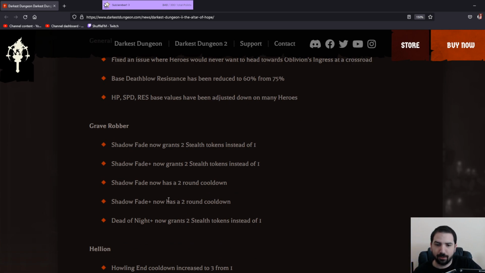Grave Robber, Shadow Fade Plus. Both give 2 stealth tokens instead of 1. Shadow Fade now has a 2-round cooldown. This is so you can't be permanently invincible in stealth against an enemy. We've all seen the Darkest Dungeon runs where Grave Robber solos stuff. Maybe we have, I don't know, in DD1 because of Shadow Fade. So you can't endlessly Shadow Fade and